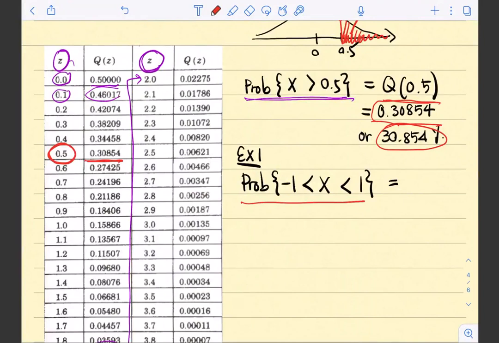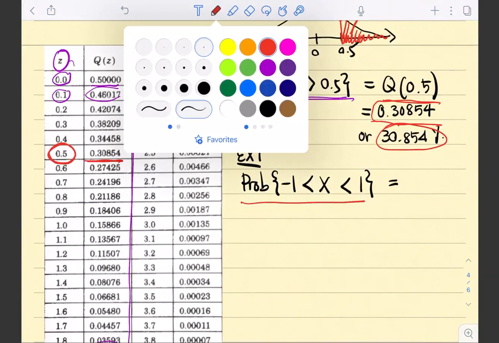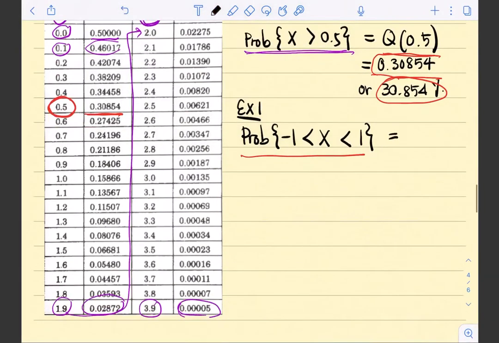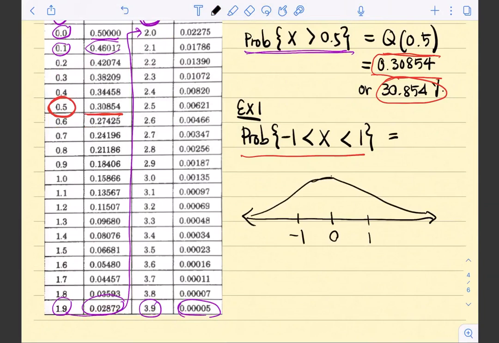How did you come up with that? So Q of 1 is the probability of the value which is above 1, and the curve is mirrored. So it's the same probability on the right and on the left. So to remove the probability that it's above 1 or under -1, it's the same one. I don't know how to explain it, but